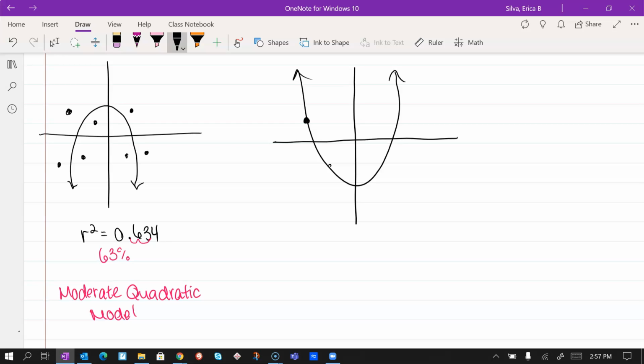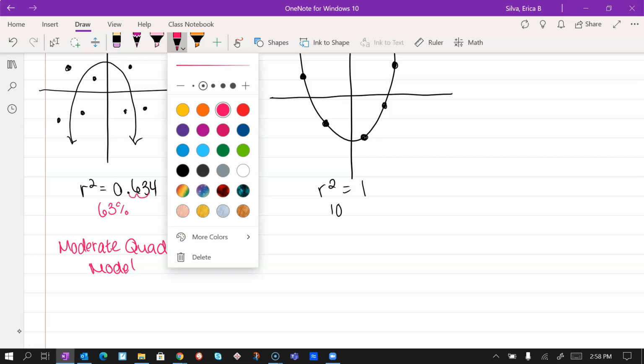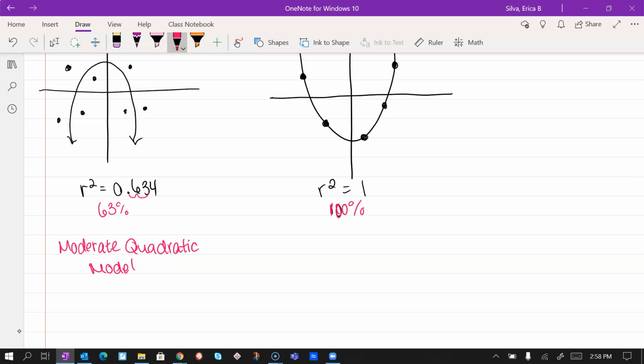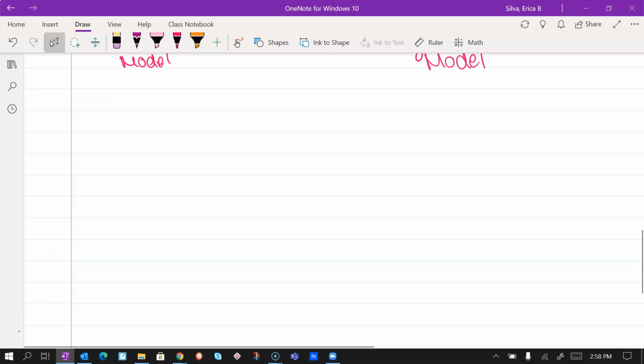Now, if I have another model where all my data points are touching that quadratic model, and I use a regression, then my R squared is probably going to be 1. And 1 is 100%, which means 100% of those data points are going to be on that graph. So this is a strong quadratic model. Question so far? All right, let's move on to